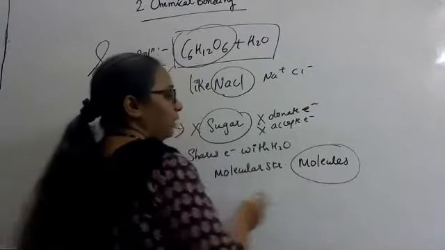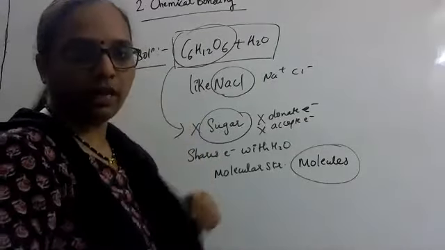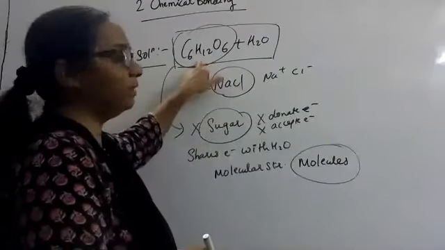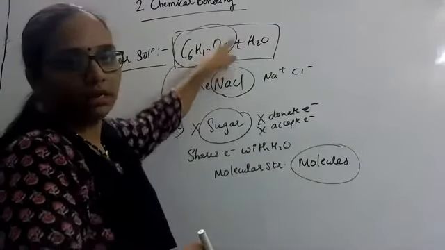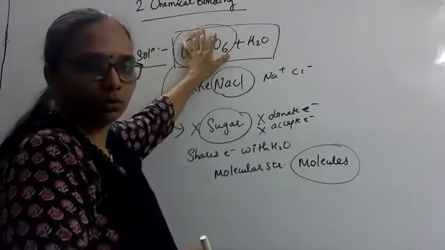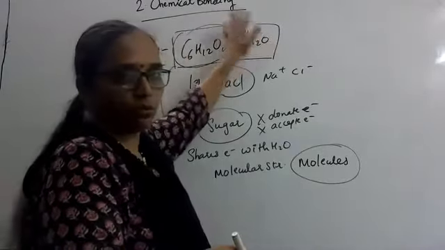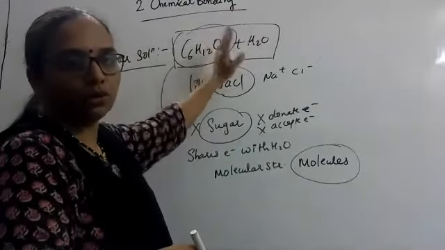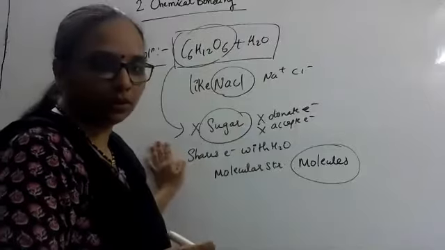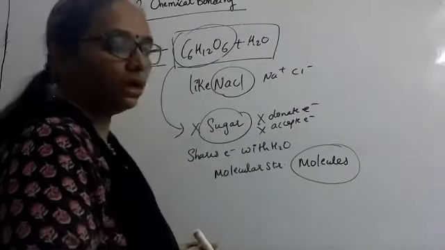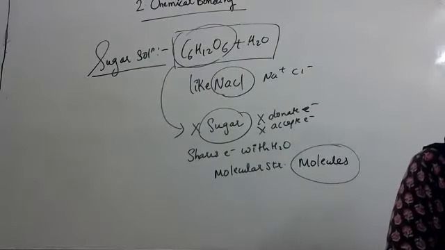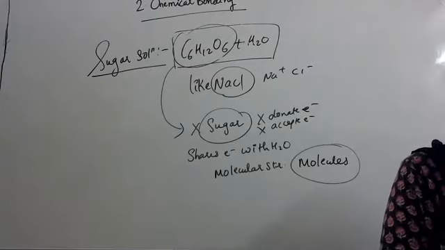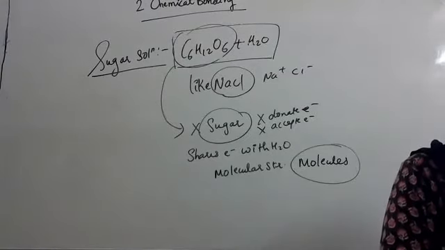Okay, what is a molecule? Molecule means different atoms, in any number, come together and form one compound. So here there are 6 carbon, 12 hydrogen and 6 oxygen. They combine with each other and form a molecule. When they dissolve in water also, they are going to combine with water and share electrons. There is no separation of charges over here. Therefore, sugar solution does not conduct electricity as it is a molecular compound. There is no donation of electrons nor acceptance of electrons. It is only sharing of electrons.